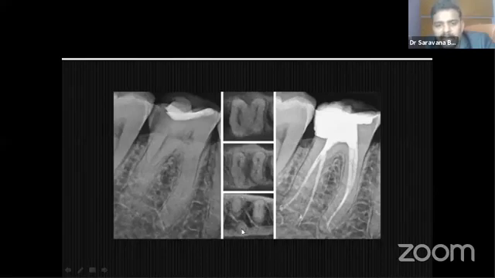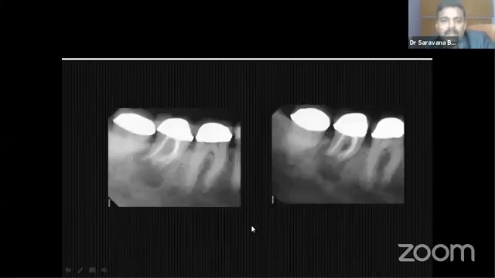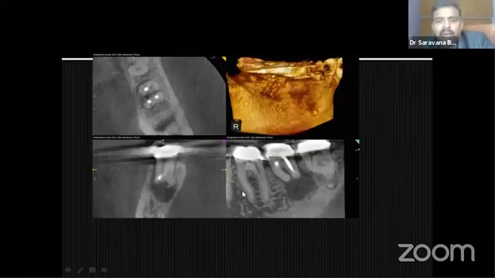Finally, at the apex, there is a split in the root of the distal root apex. Okay, again there is a case after the obturation. There is a periapical lesion. In the different angulation view, we have missed one root. Here, without obturation, we didn't identify it previously. So look at the axial slice. There is a missed canal here.